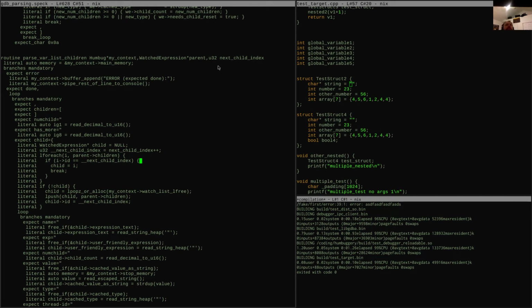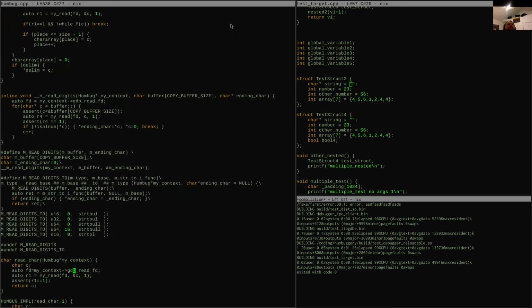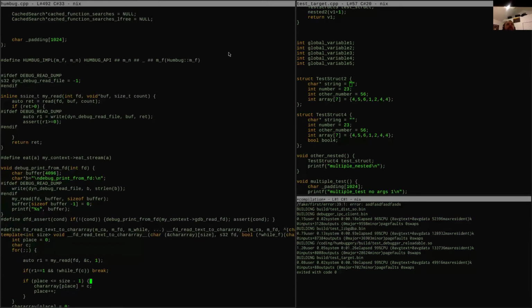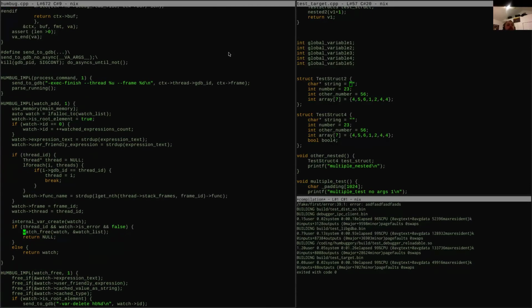Okay, so here's this thing. Okay, so what we need to do really is, I don't think we're properly recursively taking care of the children. Like when we free. Right? Yeah. So